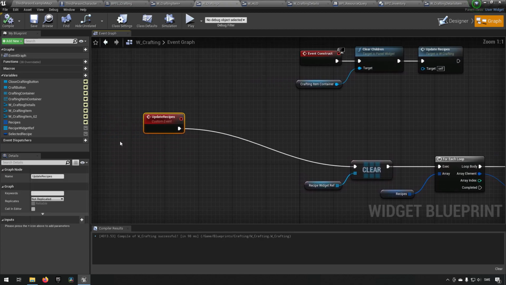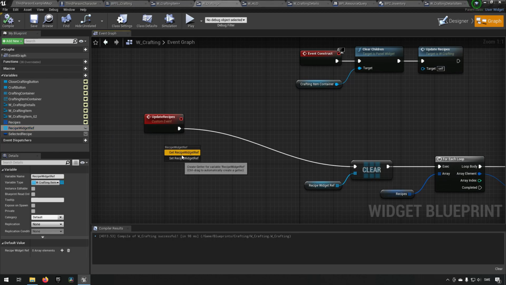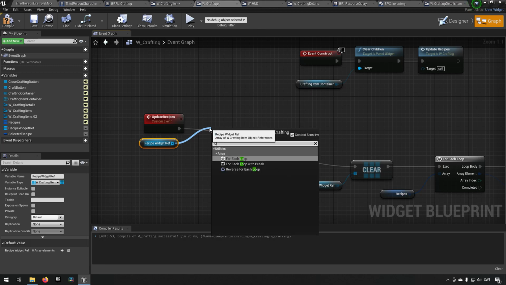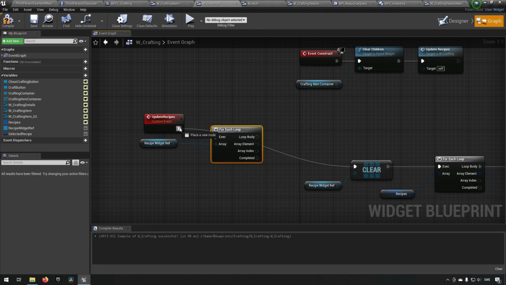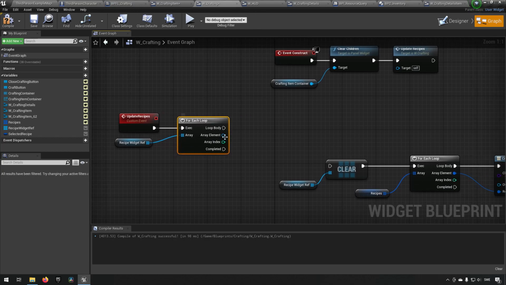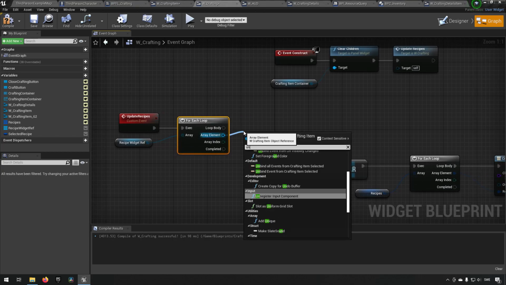So what we can do is go through the widget reference list that we have and make a loop of it and make sure that we are actually cleaning these binds up by dragging up unbind